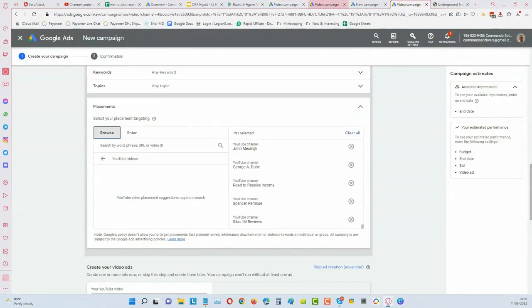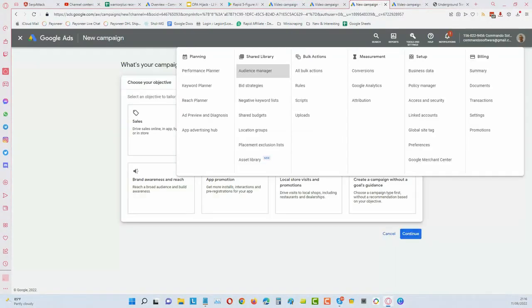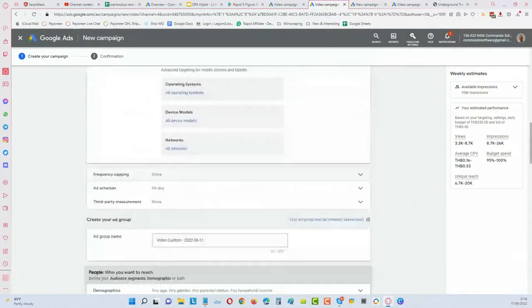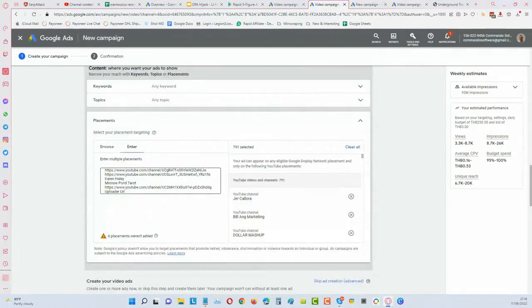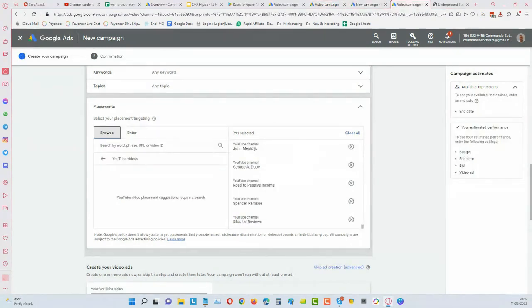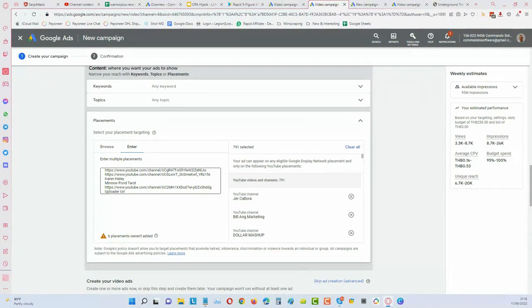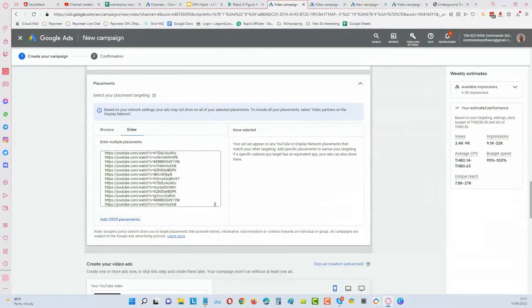But after that, what I did is I put in the same video URLs for the channel one. When I put in the same video URLs for the channels, it automatically detects which channels, and you can see there's 791. But in this case, I had chosen channels, not videos. So it might be just some cookies thing that I've got going on here, but I did choose the YouTube videos, and for you, it should look like this one here. You can see it added 2,500 placements. Okay, so anyway,